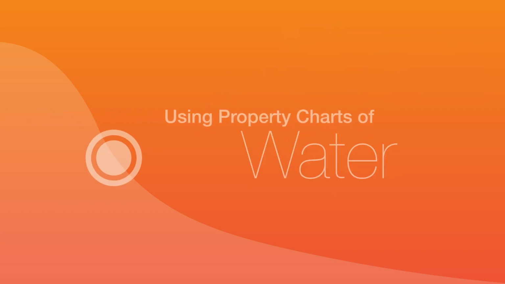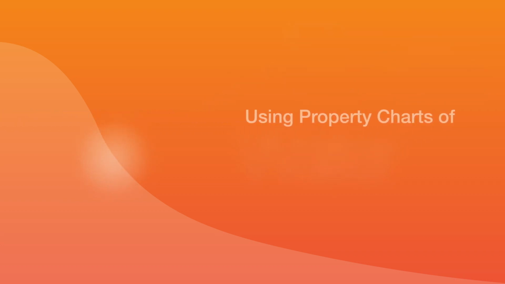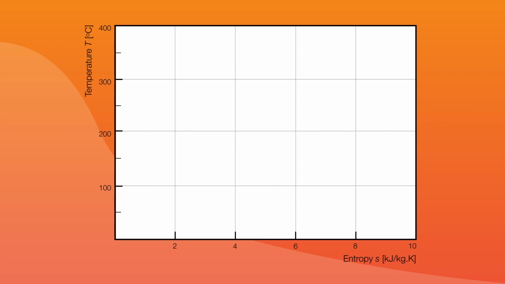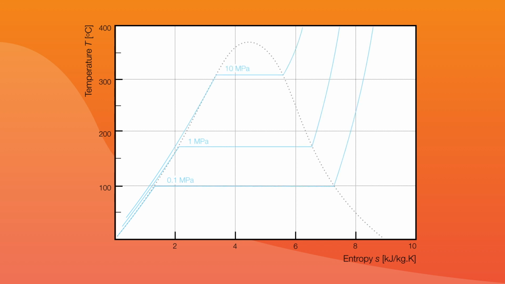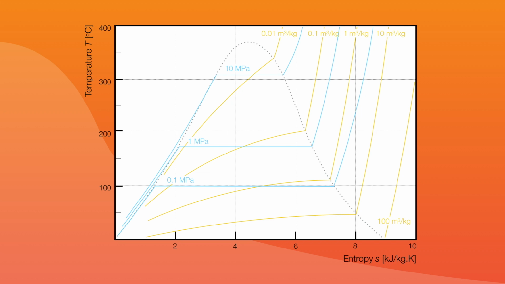Solving thermodynamic problems involving water, we rely on state properties to calculate changes. Let us see how we can use water property charts to acquire state properties. First, let us get familiar with the temperature entropy chart for water. With this, we plot the constant pressure lines, isobars, the constant specific volume lines, isocores, and finally, the constant enthalpy